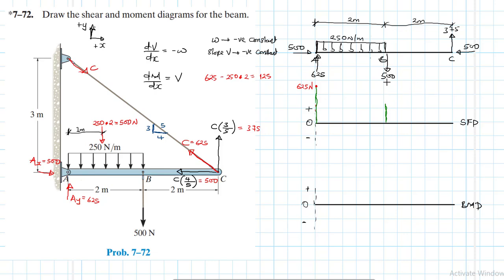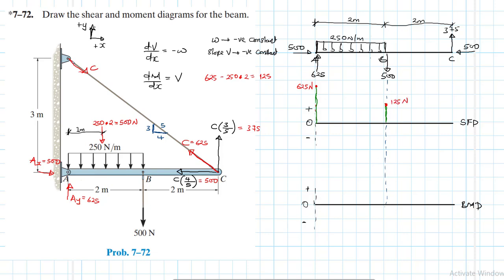Let me just put a dotted line there. So we have 125 there